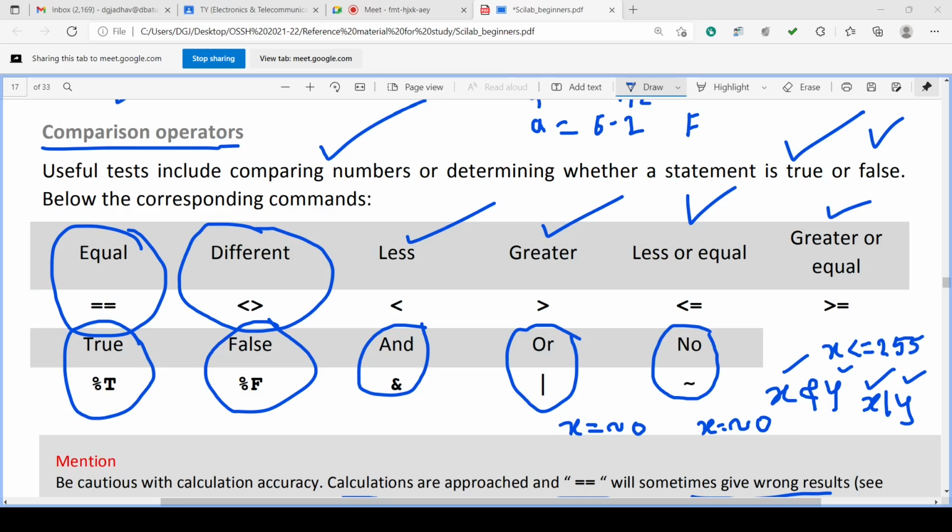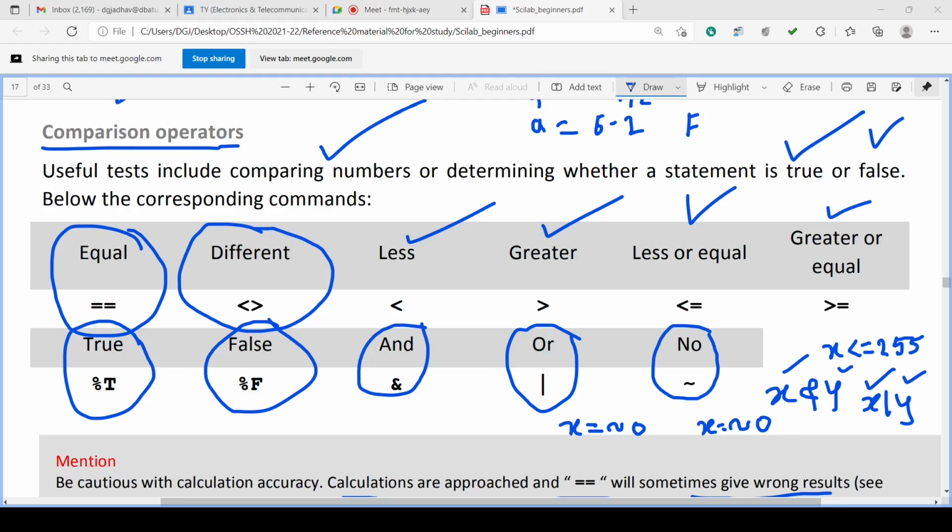Assignment means putting a value into a variable, assigning the value to a variable. Suppose we have the variable x and we write x = 0. That means it is making x equal to 0. It is putting the value 0 into x, assigning the value 0 to x. So x becomes 0.